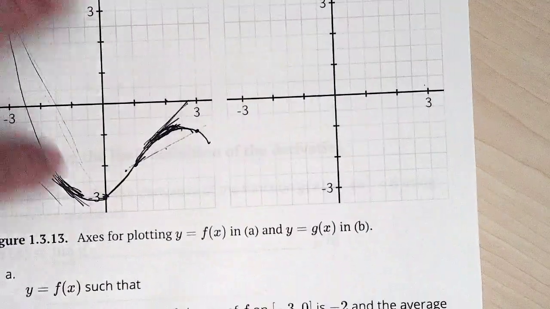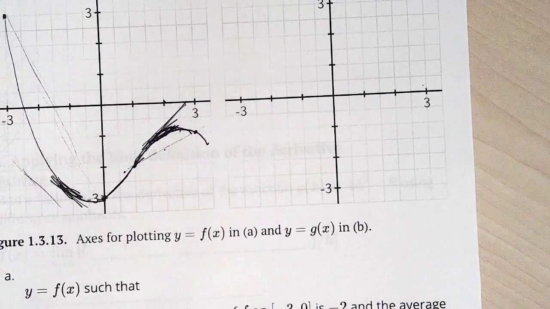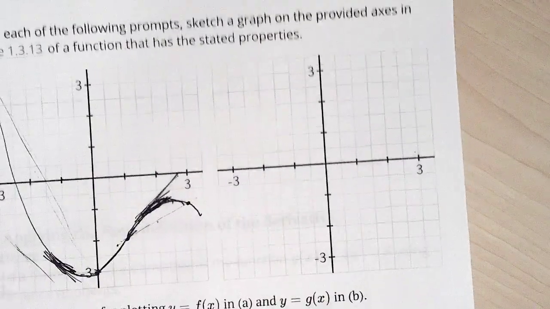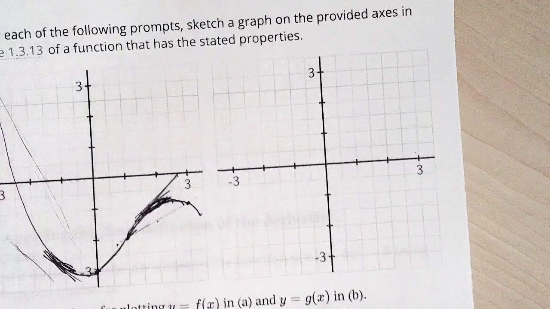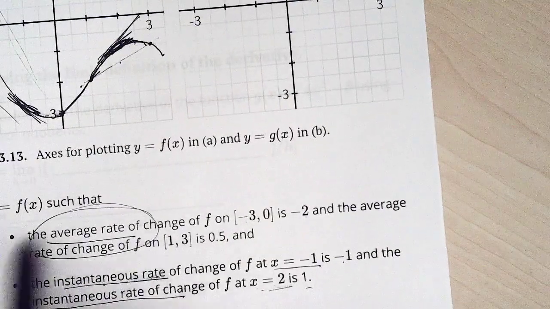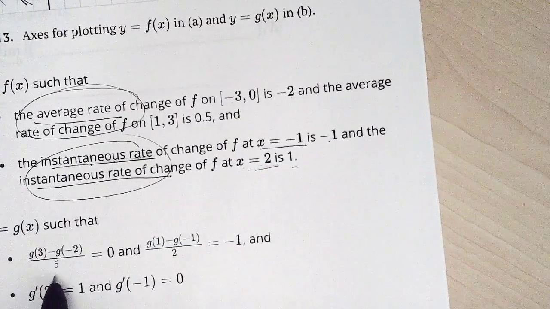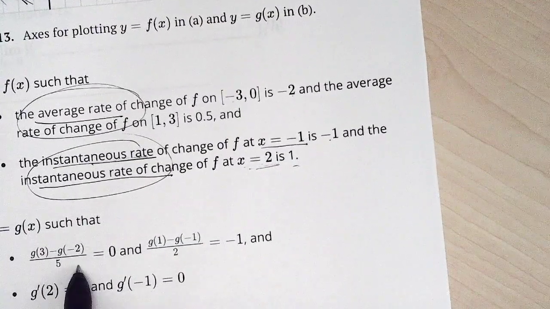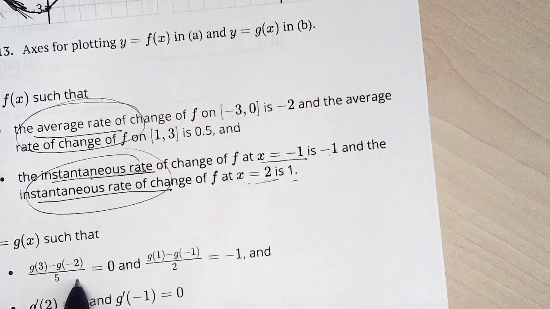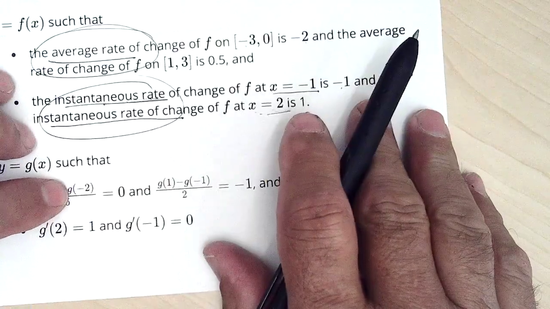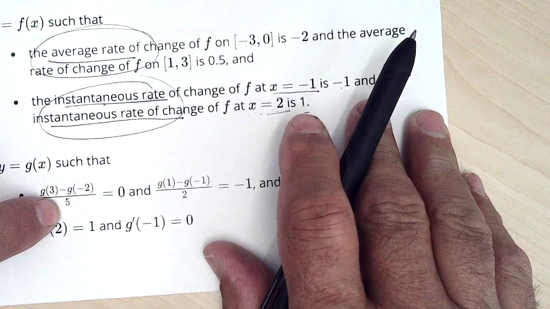Average is the secant line. Instantaneous is the tangent line. Secant line, tangent line, slopes. Okay? Now we're supposed to do it again. Well, this is the secant line. It's going from -2 to 3